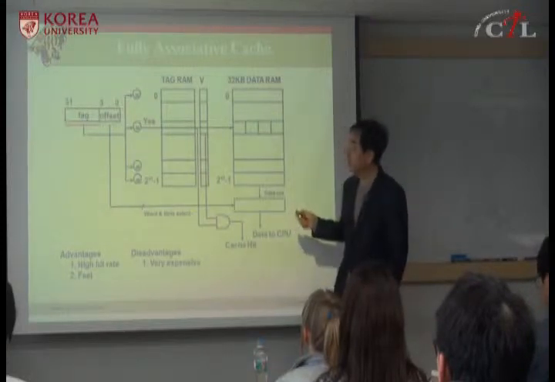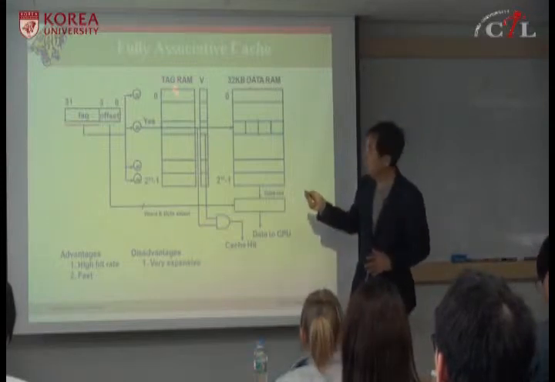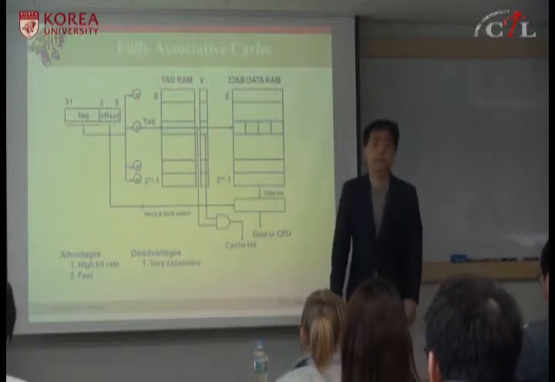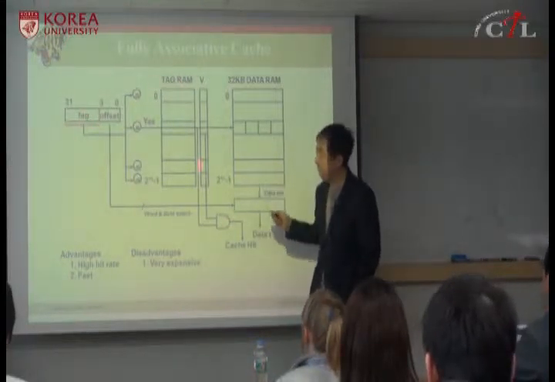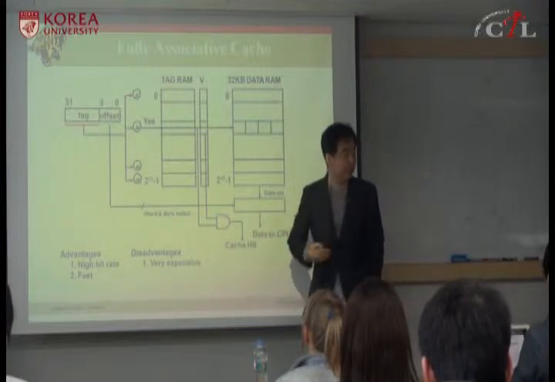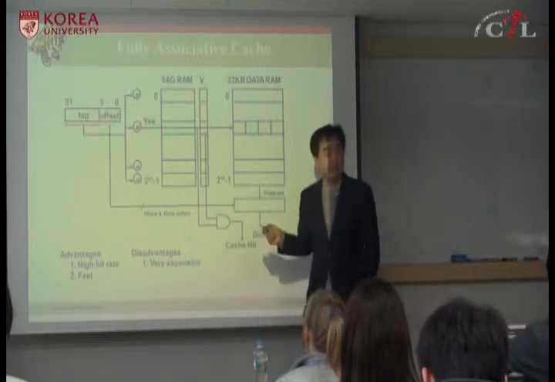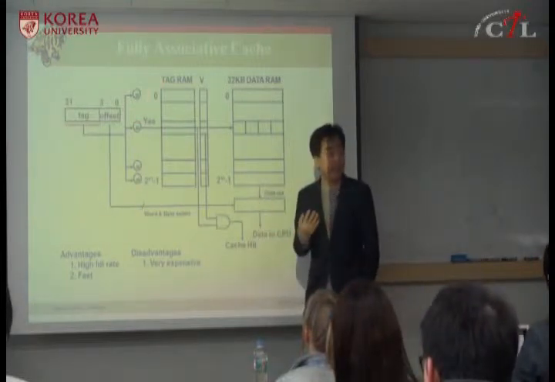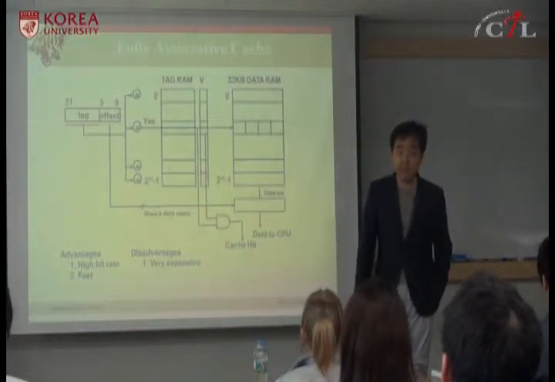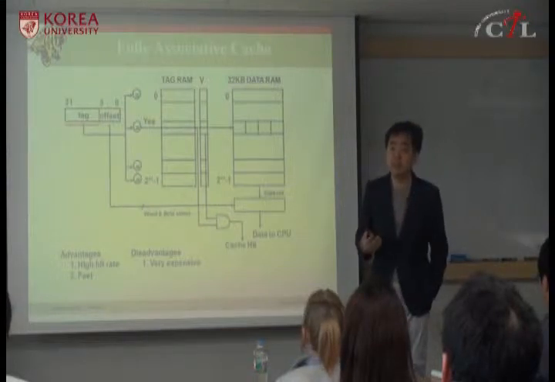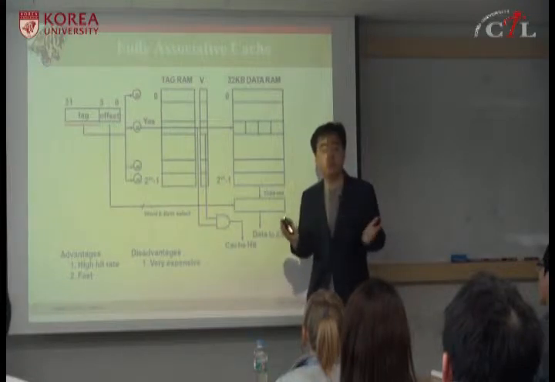Since any memory block can be placed into any of these cache blocks, you have to compare this tag with the tag in each cache block one by one, because it can exist in any cache block. If you compare serially, since we have 2048 blocks, it will take 2048 cycles, because one cycle is one compare. That's too long. It's usually longer than accessing the main memory directly. Memory access may be 100 to 500 cycles.